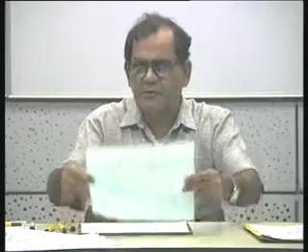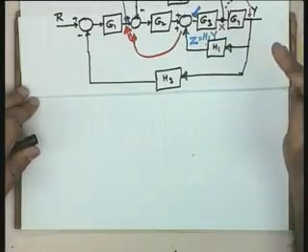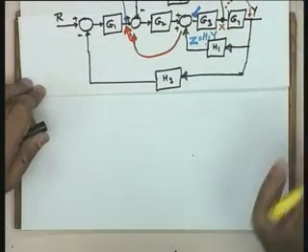Okay? If this has been accepted, I would like to take your help on this diagram, and you give me the signal flow graph corresponding to this. Then I will give you the basic relationship, Mason's gain formula, and we will see how quickly we get the overall transmittance for this particular system. Come on, let us make an attempt. With a little experience, you will apply Mason's gain formula directly on this diagram, but to get to know the gain formula very clearly, this transformation to a signal flow graph is helpful. Okay?